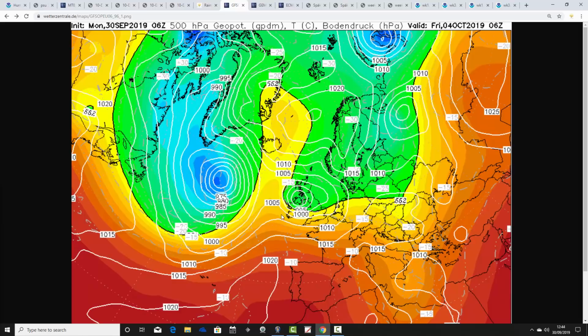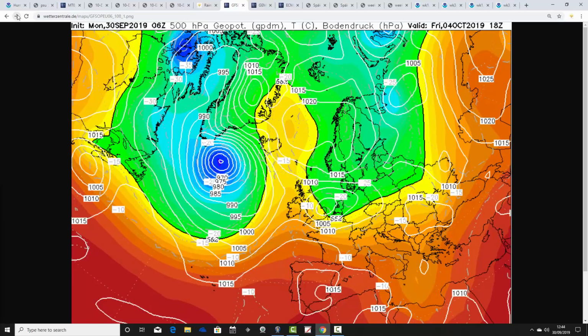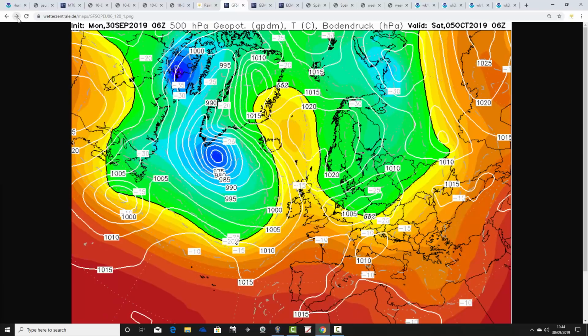Now, that low pressure does then move in across the country from Thursday night to Friday. So that will give us strong winds and heavy rain. The worst of the winds will be for Ireland, western Scotland, and probably Irish Sea coast. But again, the track of this low pressure is causing all sorts of problems. So you're just going to need to watch this space on how things develop into the second half of the week. That low pressure moves across the country from Friday, probably bringing quite a bit of wet weather with it,